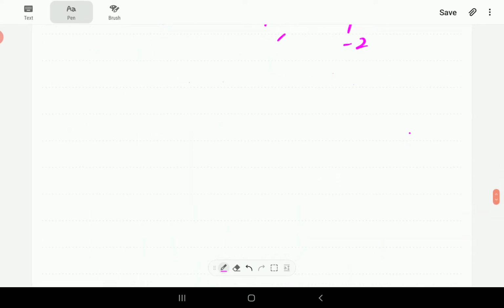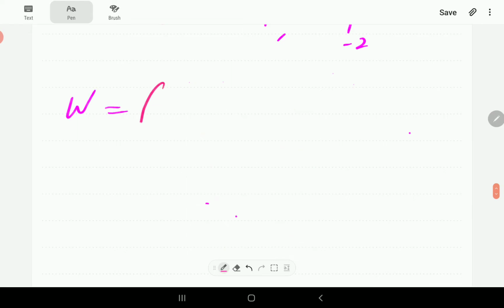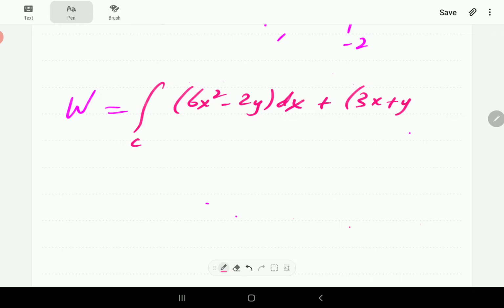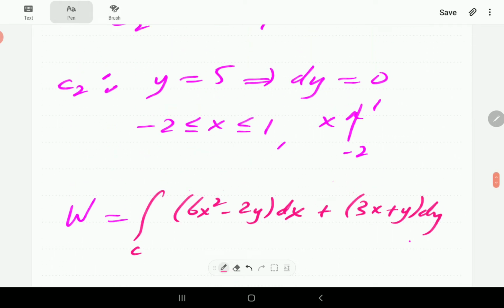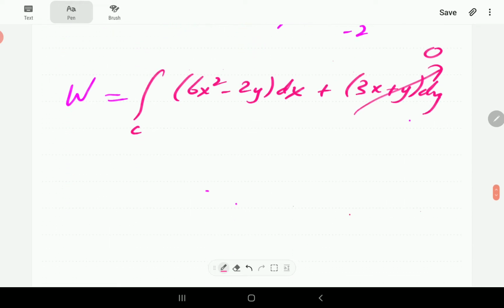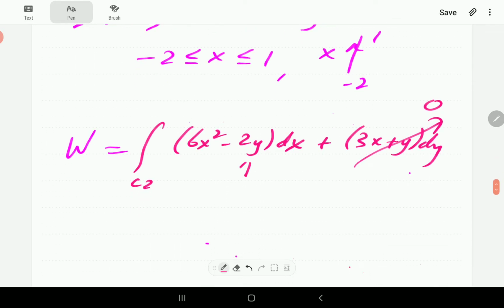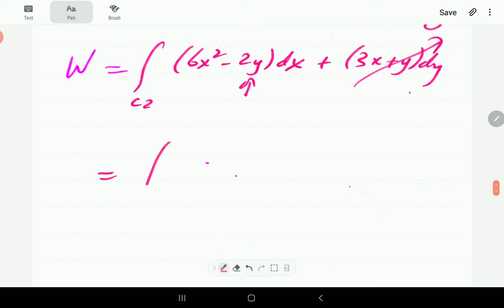C2. So the work done along C2, again 6x squared minus 2y dx plus 3x plus y dy. However, this time dy is 0, so this term is going to vanish. And then along C2, y is 5, so we're going to plug in 5 here. So we're going to have 6x squared minus 2 times 5